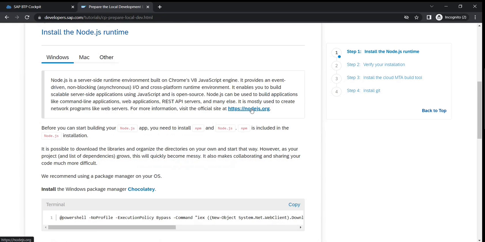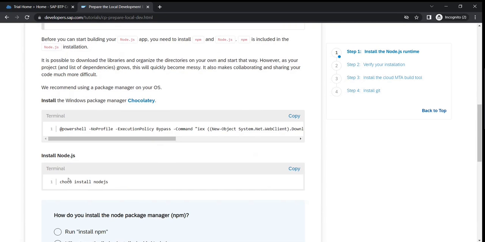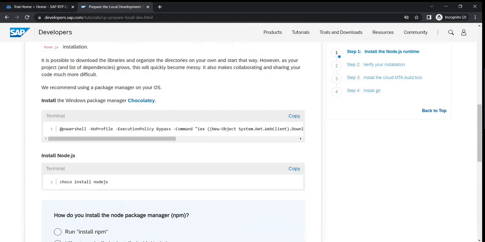You can directly download it from the official Node.js site. Okay, and in case you wanted to go with a Chocolatey downloader and then install Node.js as a part of that, that's also possible. So either way you can follow. I do have Node.js already available in my system, but in case,